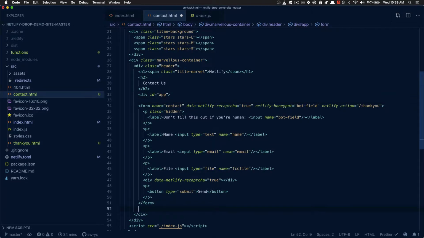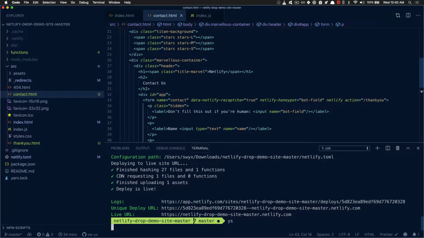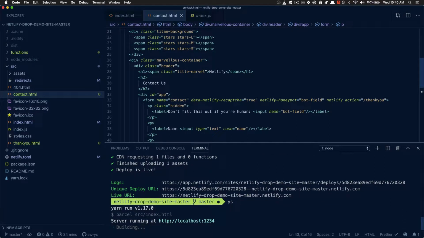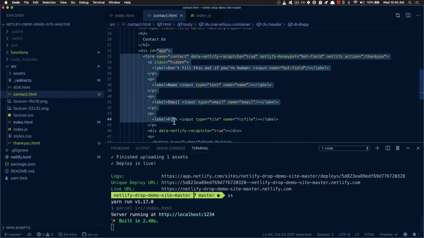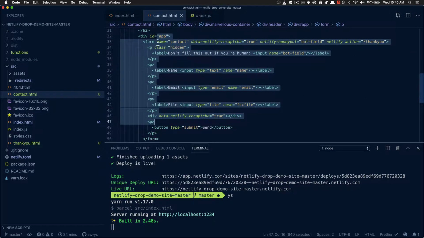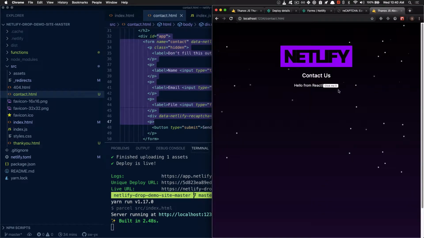And we'll close the div here. Okay, so let's start this and let's see how that works. So this will be in the HTML, but React will come in and replace everything inside div ID app. So let's head to the form. And you can see that little flash of the form, but as the JavaScript came in, now it became a